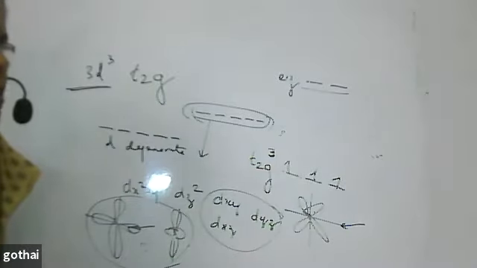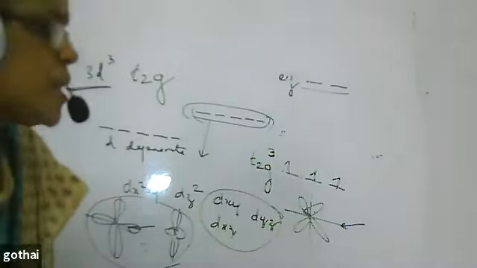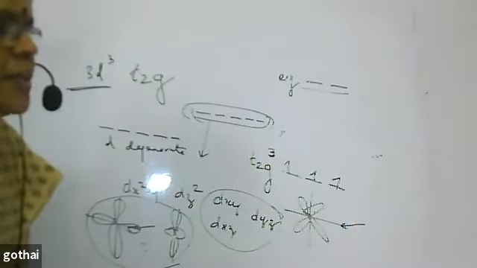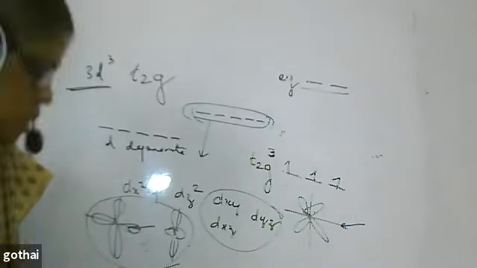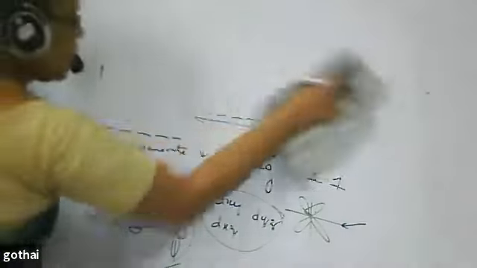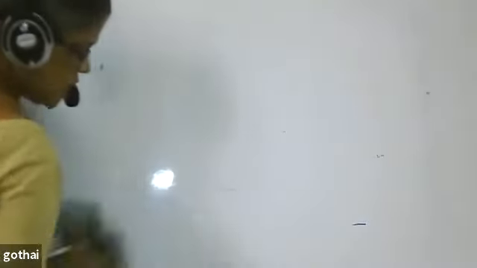One of you respond. There are 15 students here. Are you clear or not? D3 is nothing but t2g configuration, half unstable configuration. No response? Sorry, go ahead. That's all, no problem. It's up to you. The ball is in your court. The way you play, success is yours. Next.